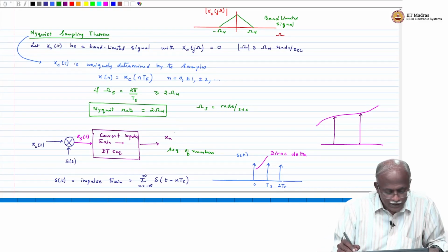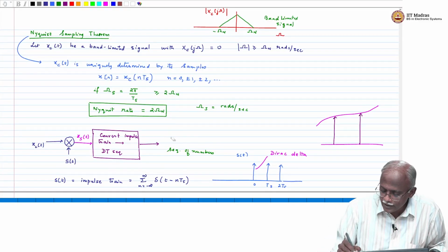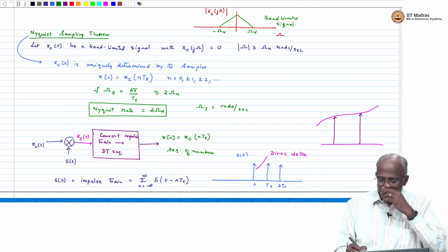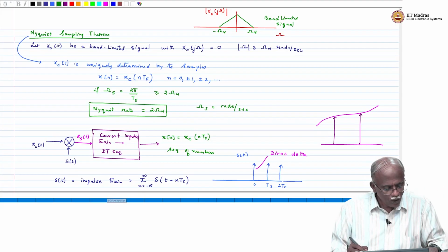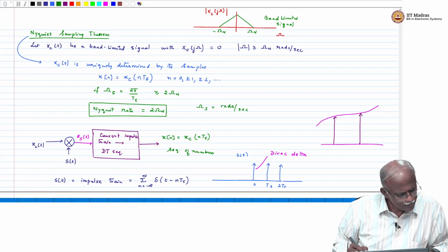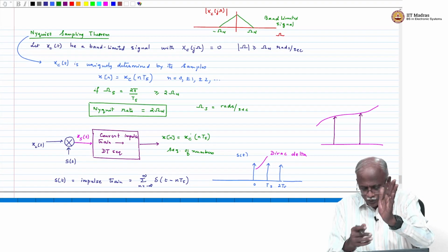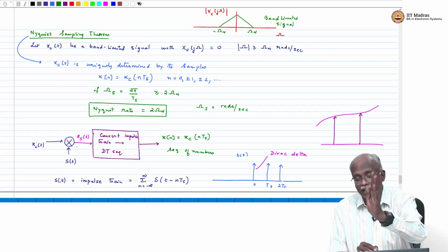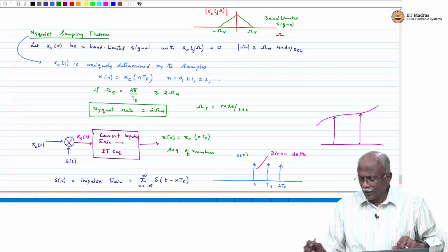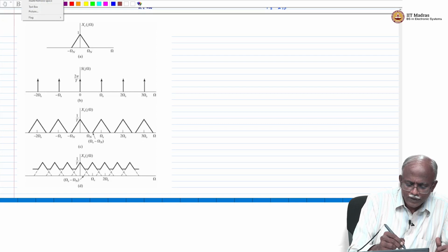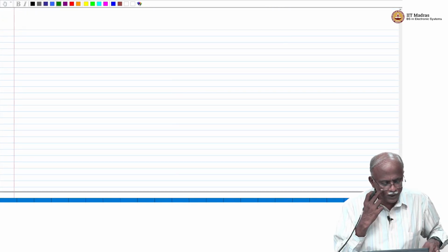So this is the value, x of n, the discrete time sequence. x of n is equal to xc of nTs. Okay, so whatever was the value, or maybe we should write it as, well, xc of nTs is correct, yeah. But it's also equal to x of s at those points, but we will develop that. Now maybe it's helpful for us to just very briefly review the properties of a Dirac delta,